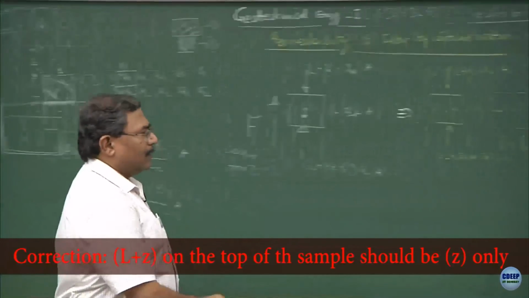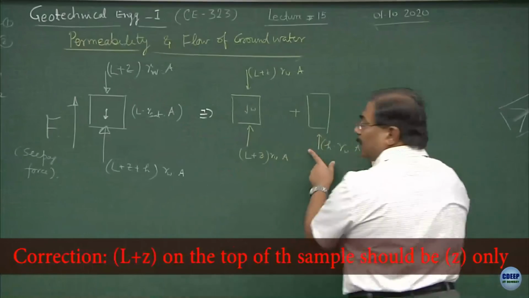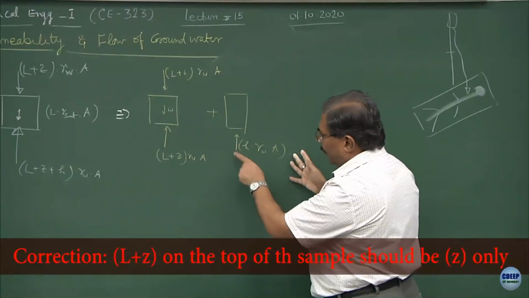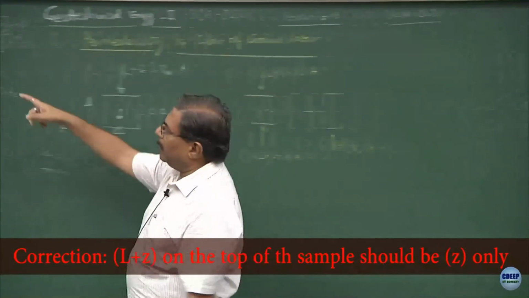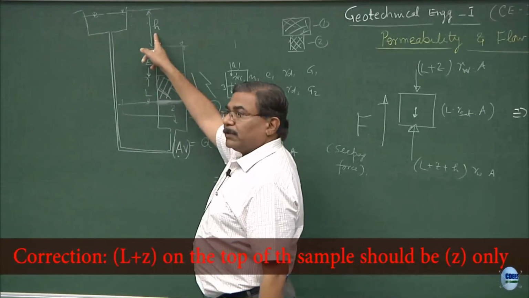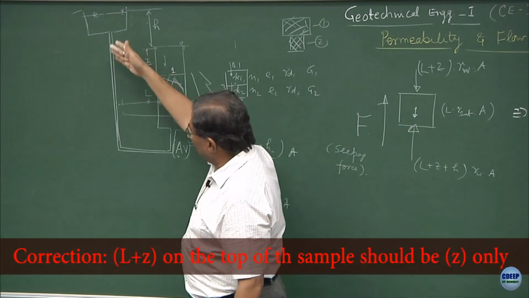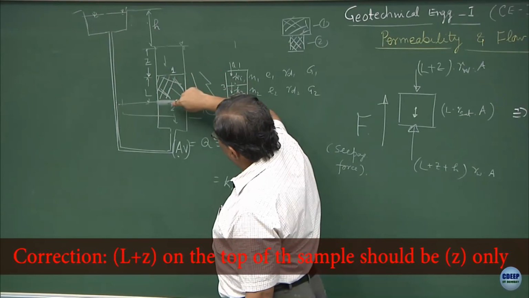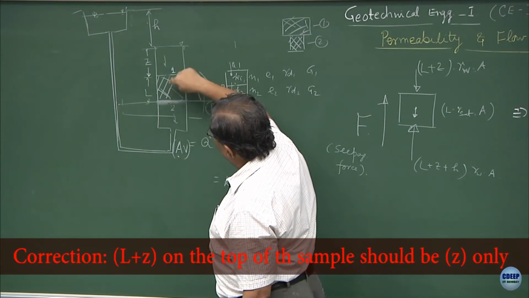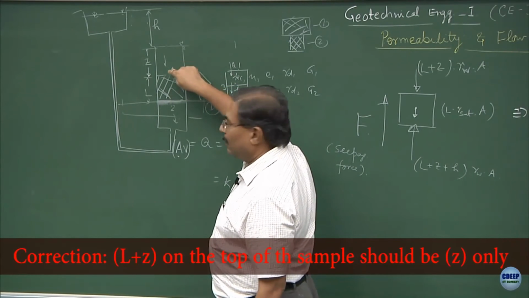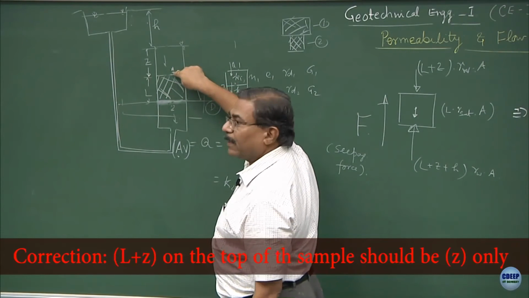What I have done? I have filtered out the effect of the hydraulic gradient. H was the driving force which is causing seepage to occur from point number 2 to 1, because this is how the flow is going to take place. So, the flow is now taking place from 2 to 1, positive gradient is here, less gradient is here, alright.